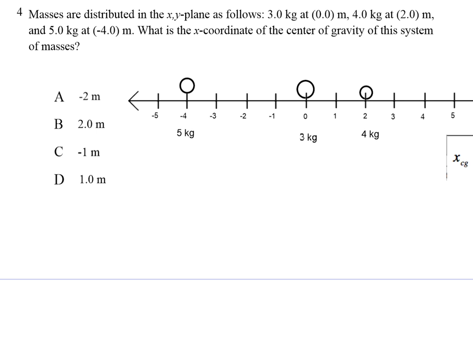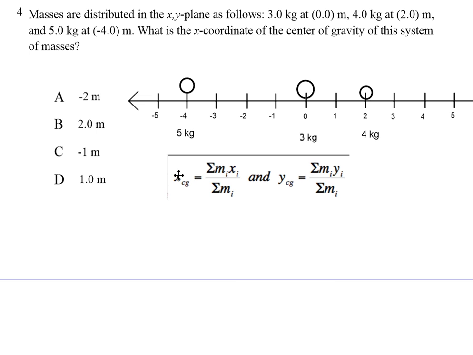First of all, how do you find the center of mass of a bunch of point particles? Or the center of gravity. So the equation for the center of gravity is given over here. Basically, this is a one-dimensional problem, so we're only going to be concerned with this part. The center of mass of this system is just the sum of all the masses times their positions divided by the sum of all the masses. So in this case,